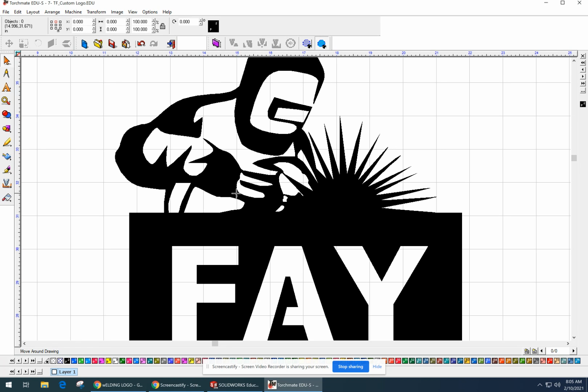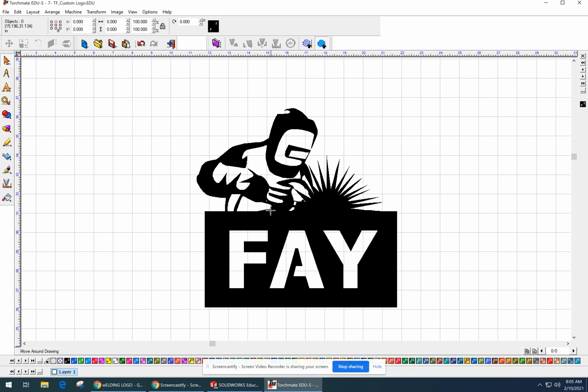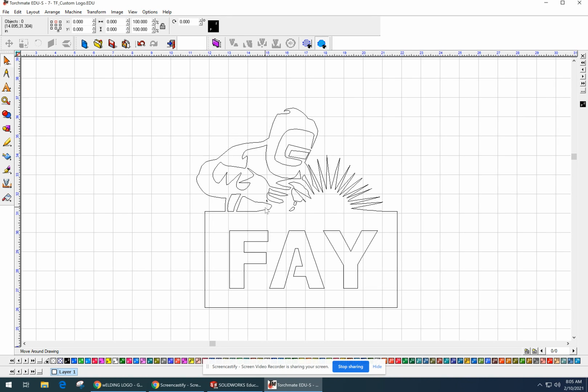One thing I noticed right here, that little tiny bit right there, the torch is just going to come over there and just pop the plasma, and it's just going to look weird. So I'm going to delete that one. There's a couple different ways to go about it. I could break the path and delete that piece, but what I think is almost just as easy, let's get the show fill off, is to